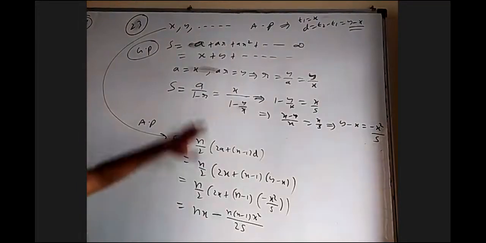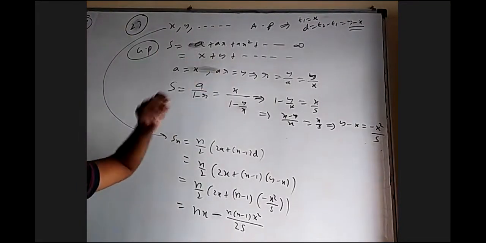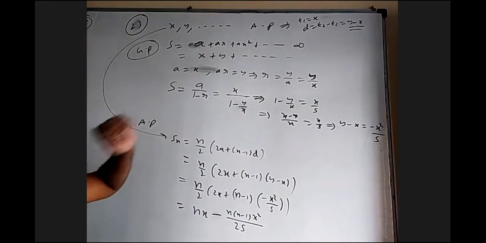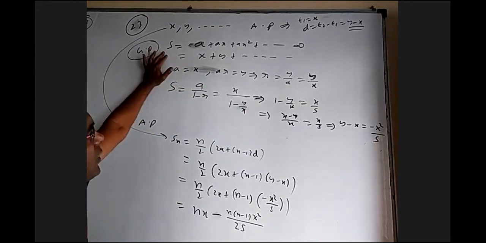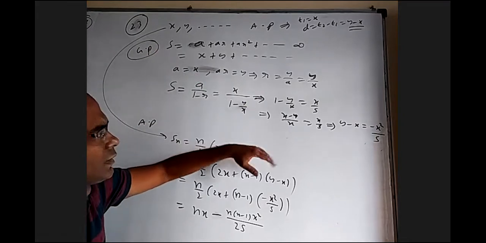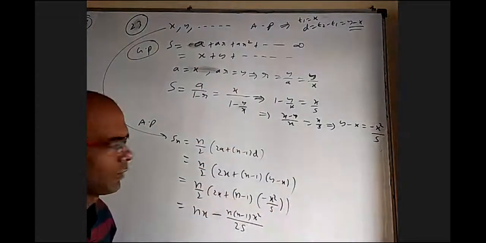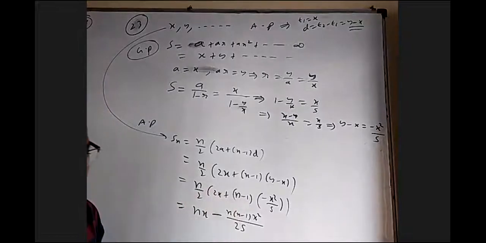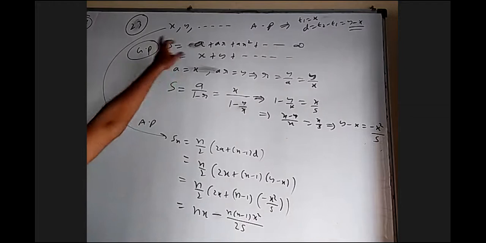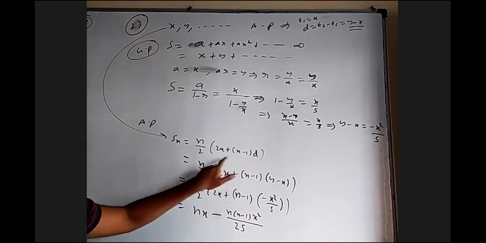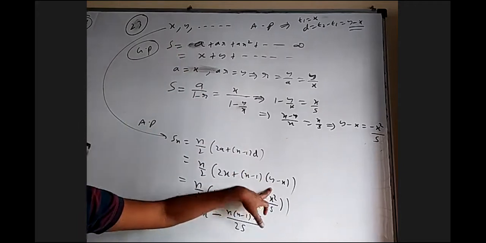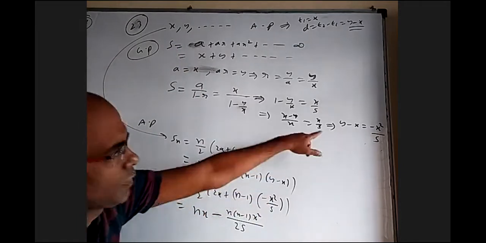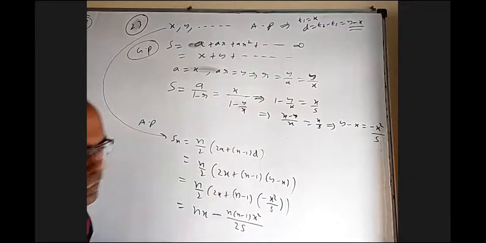Okay, so for both the AP and GP, the first term is x and the common ratio is y by x, the second term is y. And the sum of the GP is S for infinite terms. So from that I'm able to find a relation between x, y, and S. And I know what they wanted us to do and why they don't want y in the answer. For the AP, the sum of n terms formula is this, where I know the first term is x, and the common difference is the second term minus the first term, which is y minus x. I don't want y, how to remove it? From this we got y in terms of x. So with that, just write it.